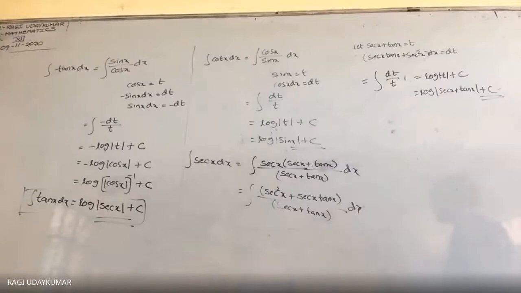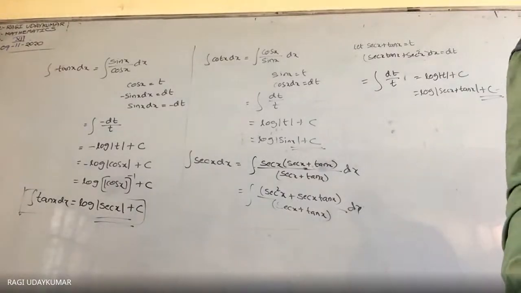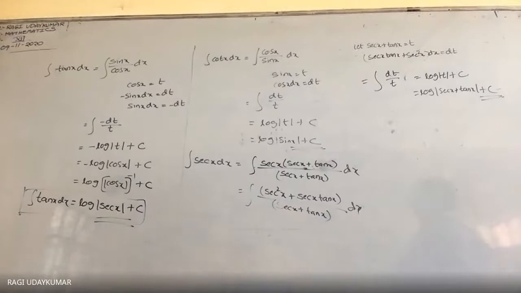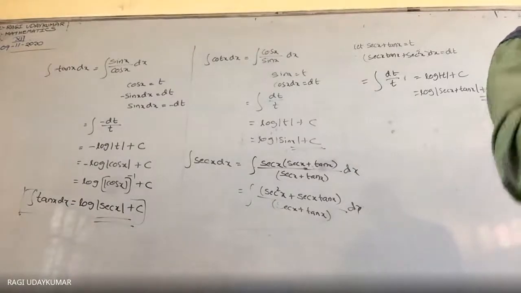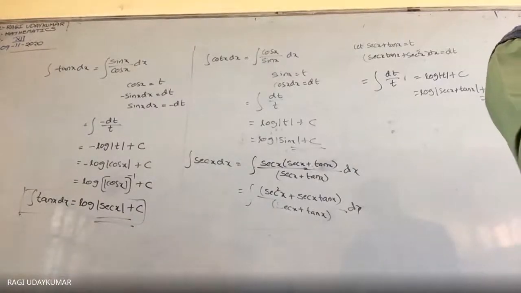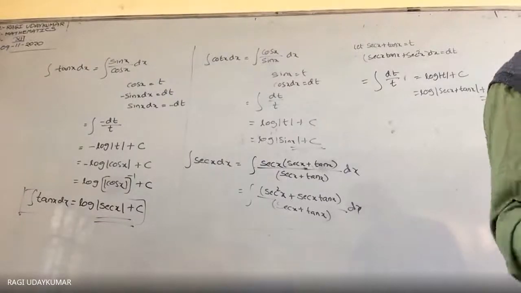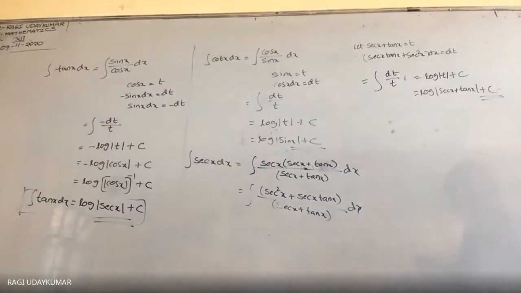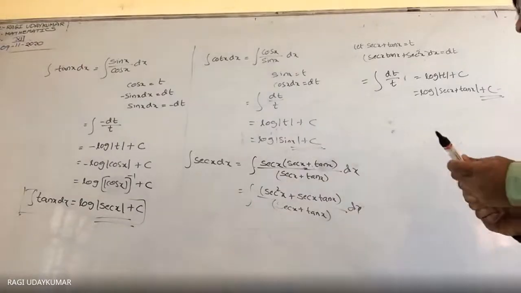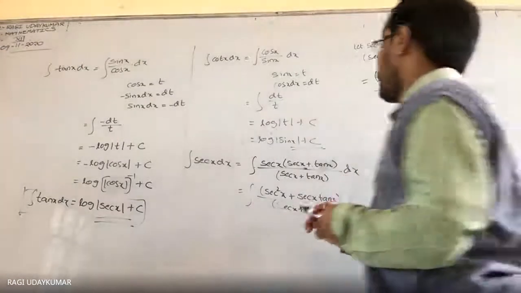In the same way you can find out secant x plus tan x, you have found out logarithm of cosec x also you can find out. Can you say the logarithm of cosec x is equal to, what do you get? Logarithm of cosec x minus cot x. If you want to find out the logarithm of cosec x, in the same way you have to do here, but the thing is that